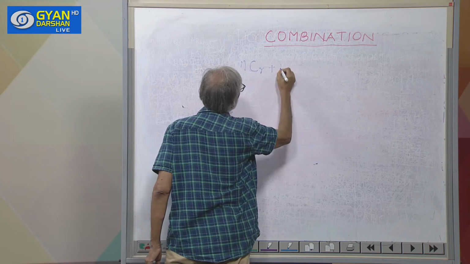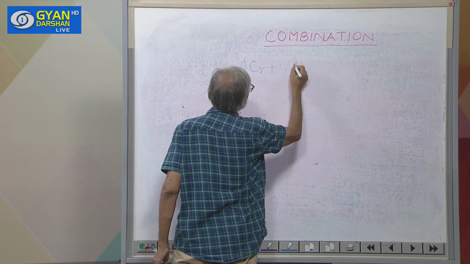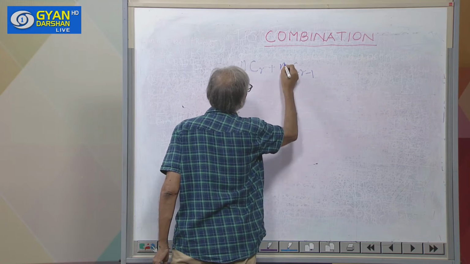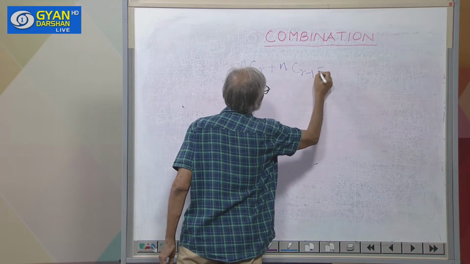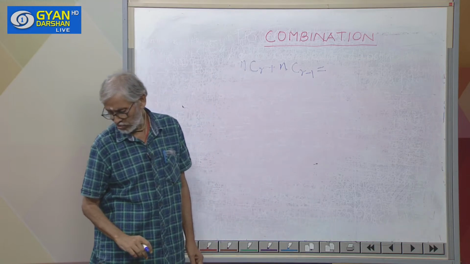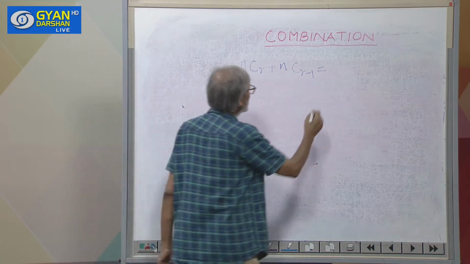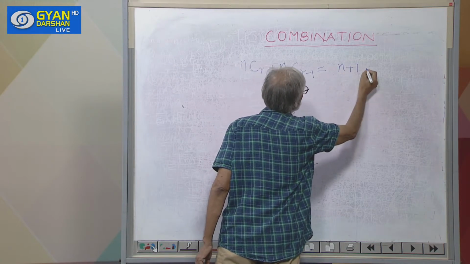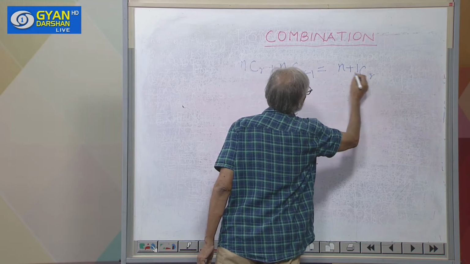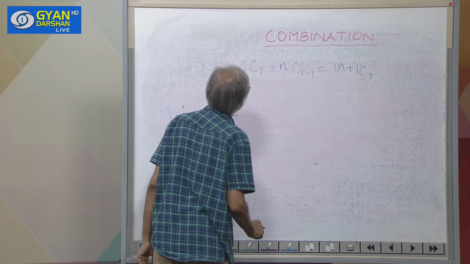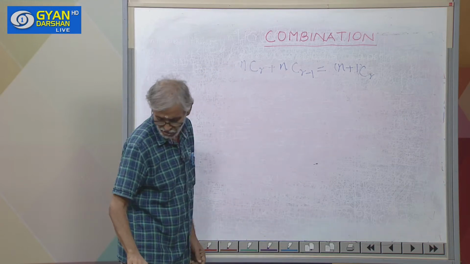nCr plus nC(r minus 1) is equal to (n plus 1)Cr. We have to prove this. So,